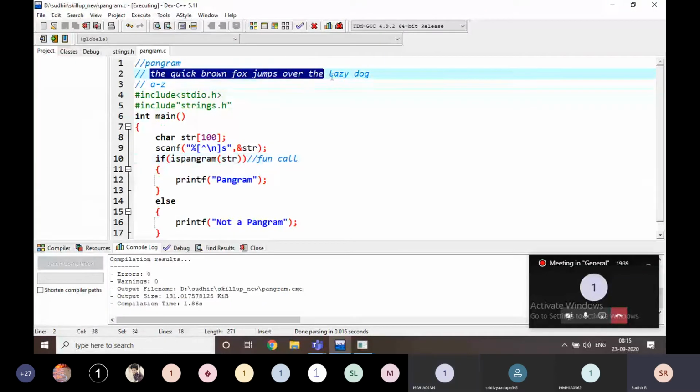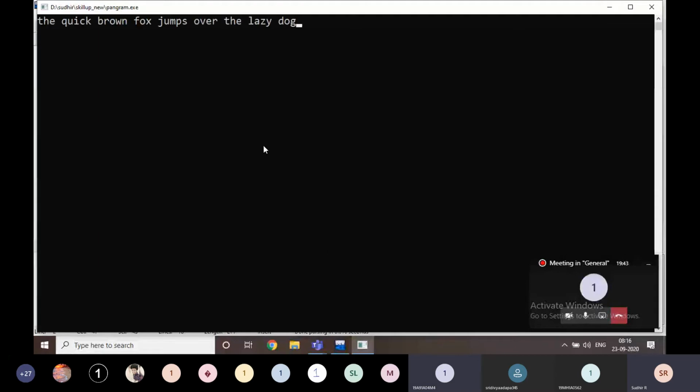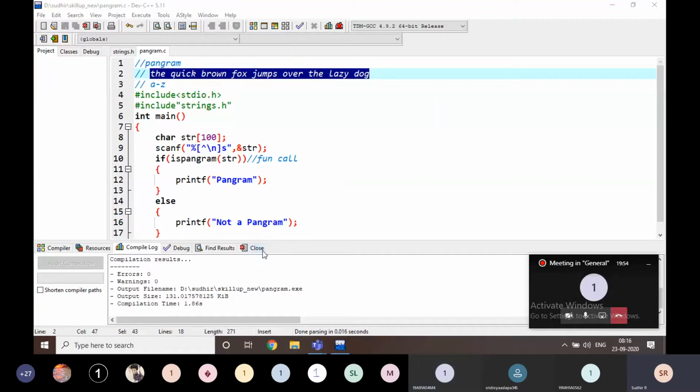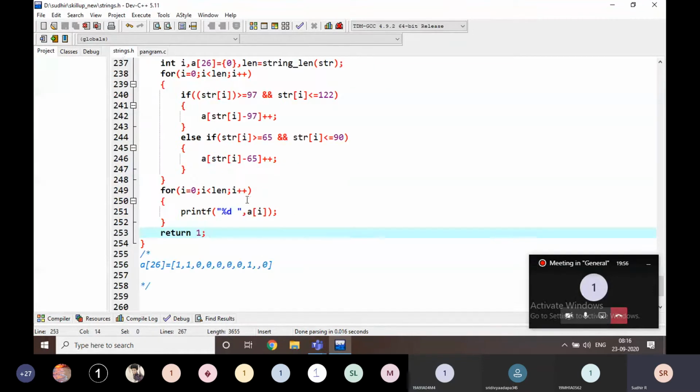For example, this is the input. I'm going to give the input like this. Just observe here. Okay, sorry for that. I'm writing length here, that is not length. I'm going to write 26 here.